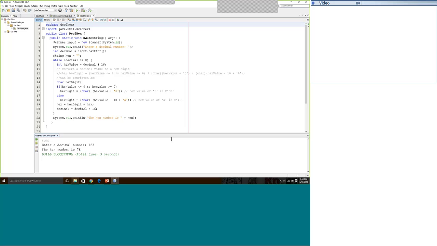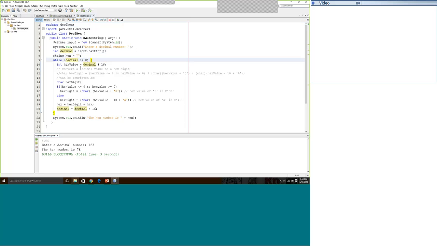Let's see how this program is converting decimal numbers into hex. We're using scanner input. We put in the decimal number. I put in 123. 123 gets stored into the variable called decimal. I am initializing a hex string called hex. And now I'm quickly going into a while loop. And while decimal 123 is not equal to 0, that's true, so I'm going to execute this loop body. And I'm going to take decimal modulus 16, that's the remainder function, and store it